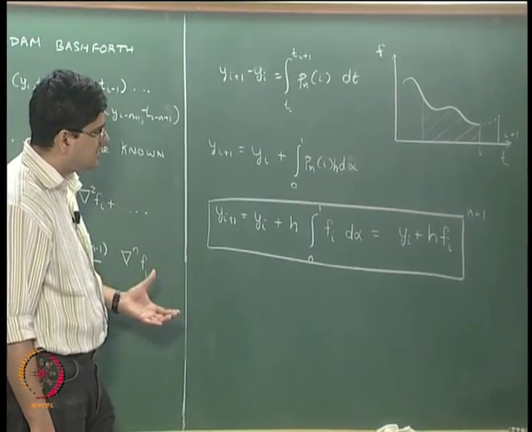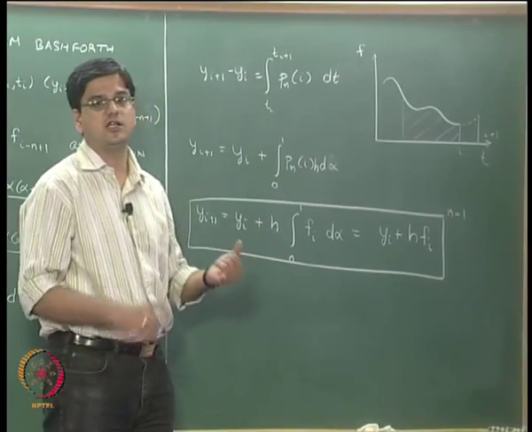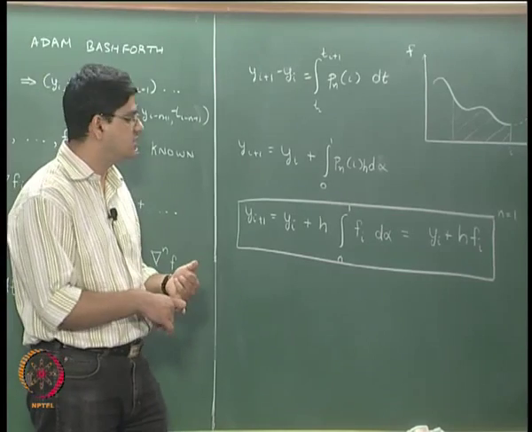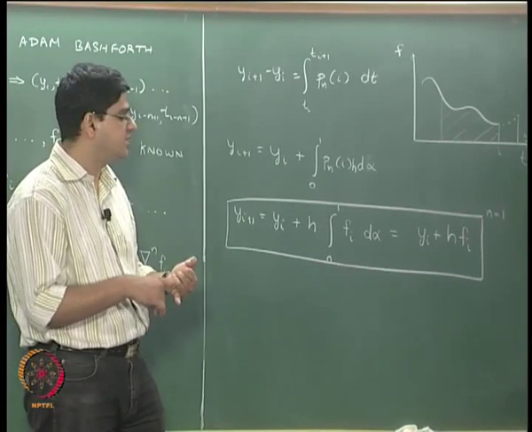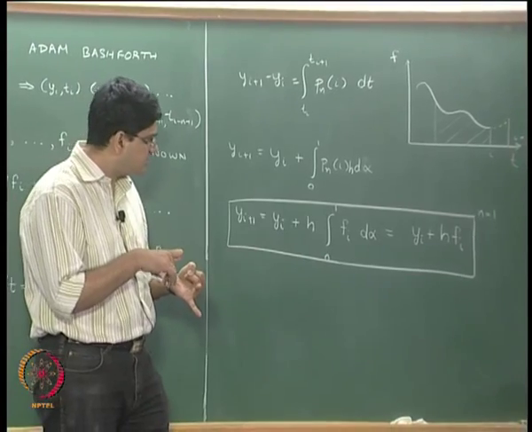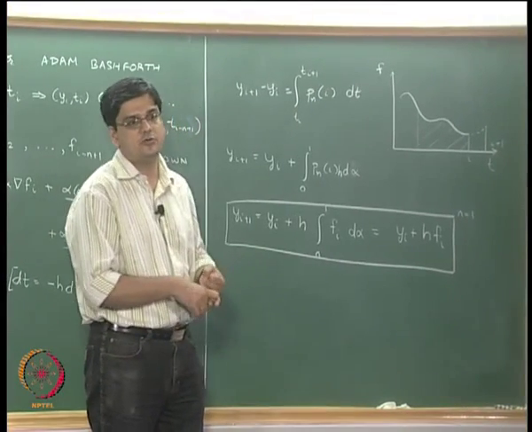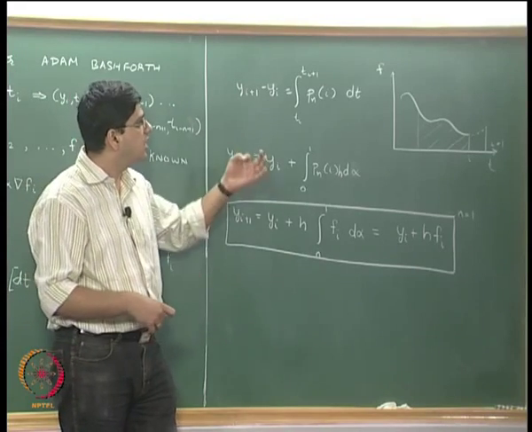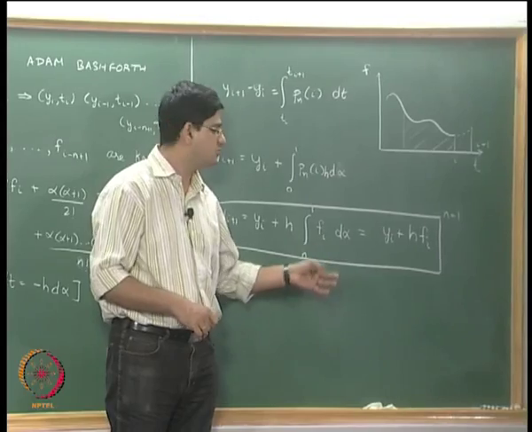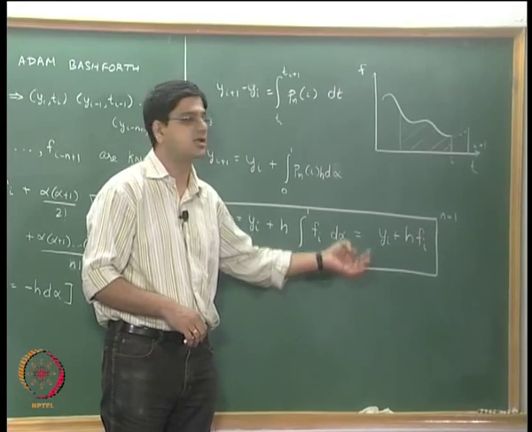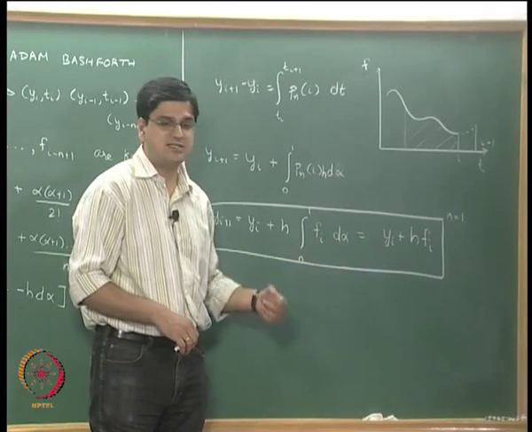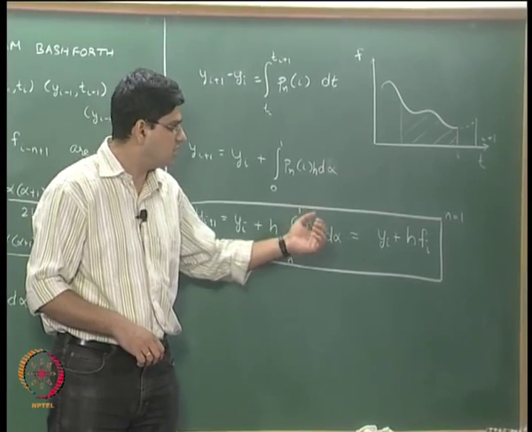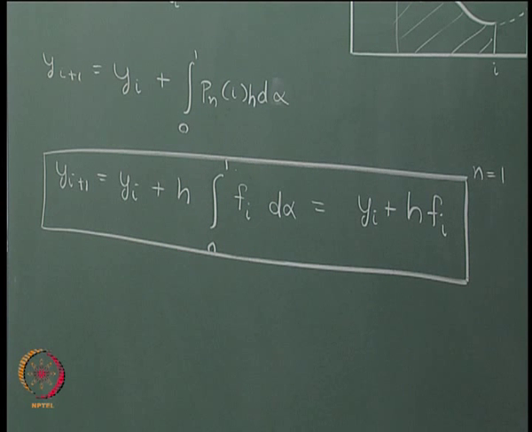The beauty about all these derivations that we have seen so far is the first order Runge-Kutta method reduces to nothing but the explicit Euler's method. The BDF formula of first order reduces to implicit Euler's method. Adam-Bashforth method reduces, for n equal to 1, to nothing but the explicit Euler's method. Likewise, the Adam-Moulton method, which we will not do the derivation for in this lecture, is going to reduce to nothing but the implicit Euler's method.